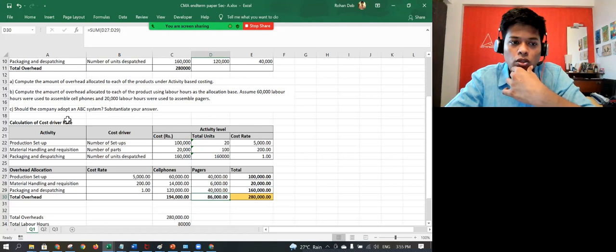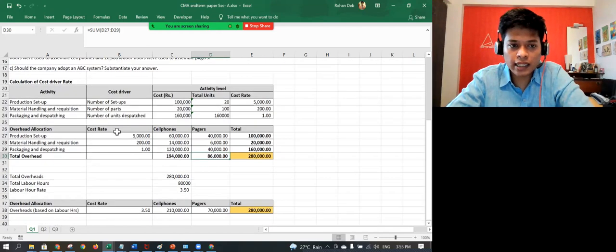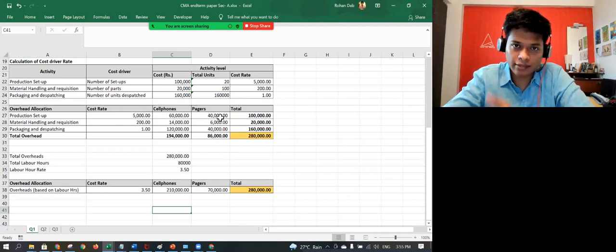The third question asks what the company should adopt. Should the company adopt the ABC system? Substantiate your answer. For this you can clearly explain that ABC is always a more accurate mode of classification of indirect cost because it classifies cost on the basis of cost drivers. So the indirect cost allocation as per ABC is always more accurate. However, ABC comes with a cost of implementation. The major difference is because